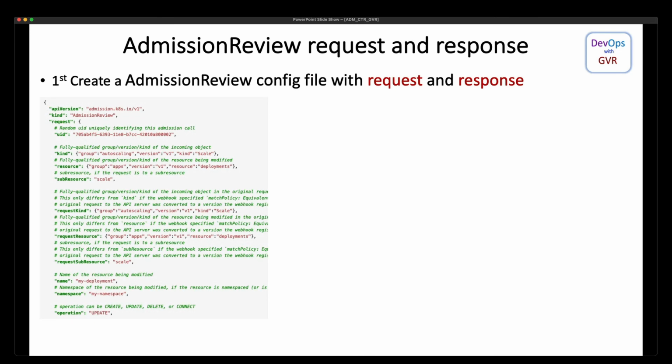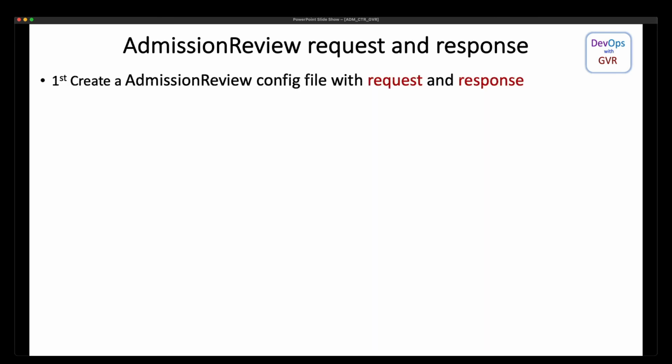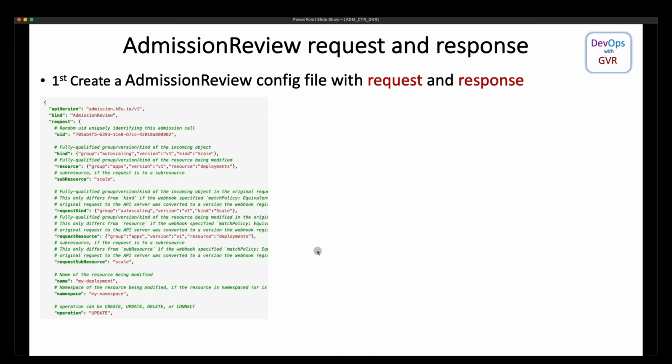So if you look at this admission review, the API kind is AdmissionReview. Admission review takes care of the when, during the request. In the request you see the UID, kind, resource, subresource, request kind, request resource, request subresource, my deployment, my namespace, and what operation.